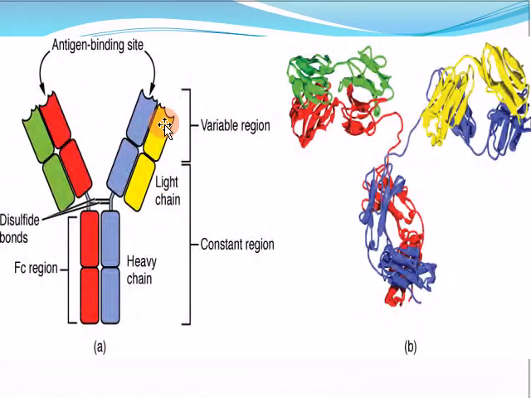Likewise, this is the structure just to indicate how the antibody would look. In reality, an antibody will be like this, and if you want to show it, it can be like this. So there is a heavy chain; now it is just being shown the opposite way. Inside is the heavy chain, and the outer one is the light chain. Okay, and